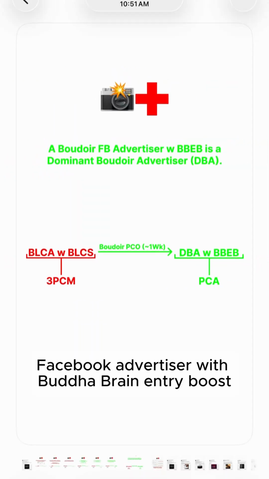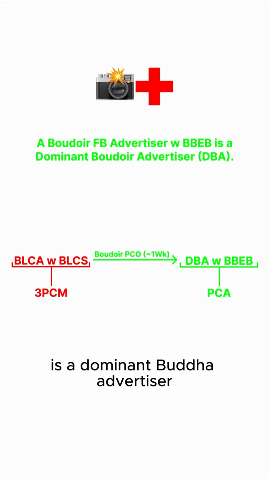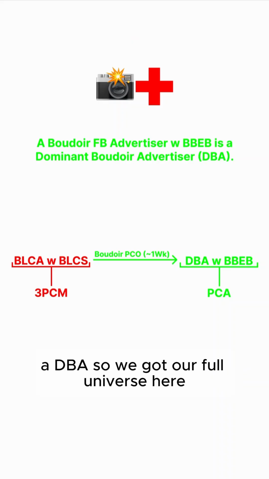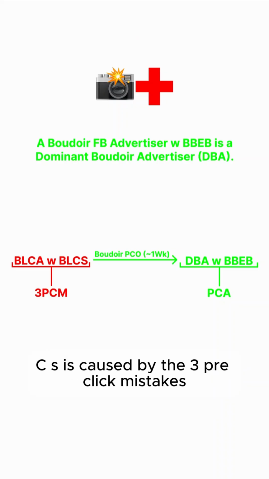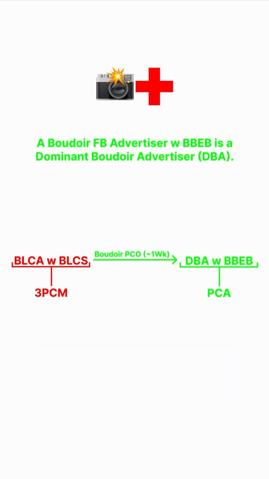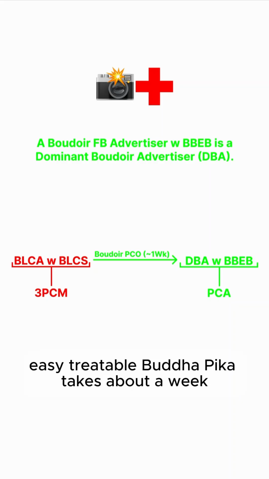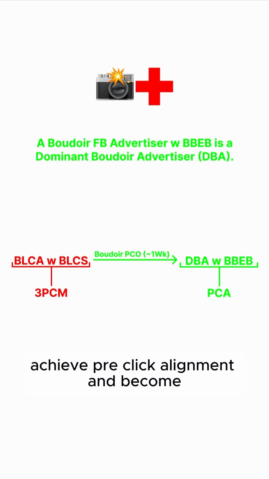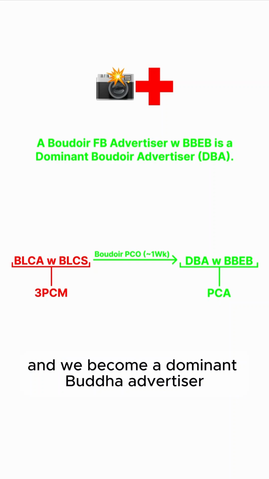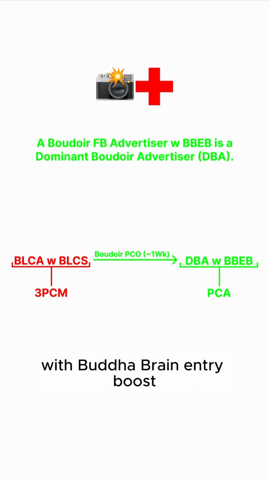And a Boudoir Facebook advertiser with Boudoir brain entry boost is a dominant Boudoir advertiser, a DBA. So we got our full universe here. A BLCA with BLCS is caused by the 3 pre-click mistakes. It's easy, treated with Boudoir Pico, takes about a week. Achieve pre-click alignment and we become a dominant Boudoir advertiser with Boudoir brain entry boost. That is